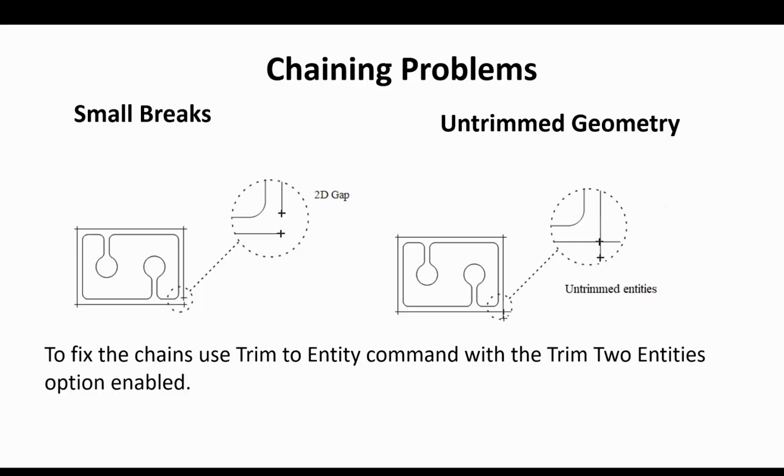One way to find small breaks or untrimmed entities is using Display Endpoints from the Home tab. This function temporarily places a point at the end of each entity. Small gaps are often obvious as they appear as points that are noticeably brighter than others. Zooming in on these areas may reveal 2 points close together, one at the end of each entity, as you could see in the screenshots. The best way to fix these gaps or untrimmed entities is to trim the two entities using the Trim to Entities